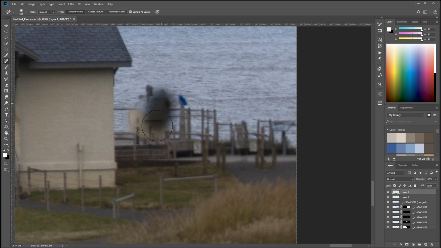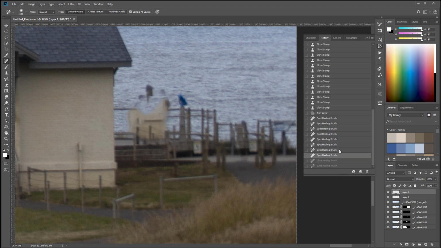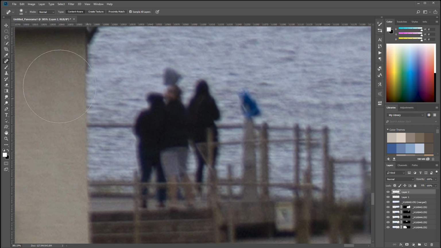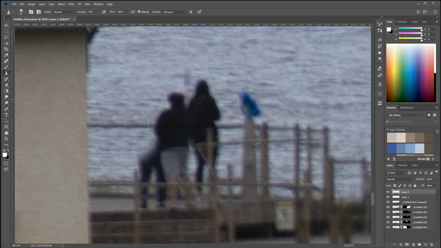Okay, see, the problem is sometimes right here what is happening, we have elements, and in this case it's not necessarily going to work, so sometimes we need to use tools. So we need to take our stamp tool, select right there, and just kind of almost painting right there a little bit off. Select again,